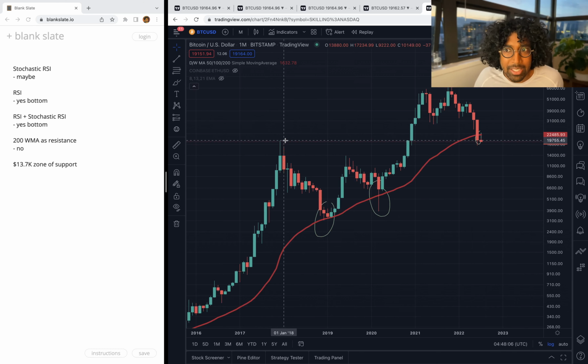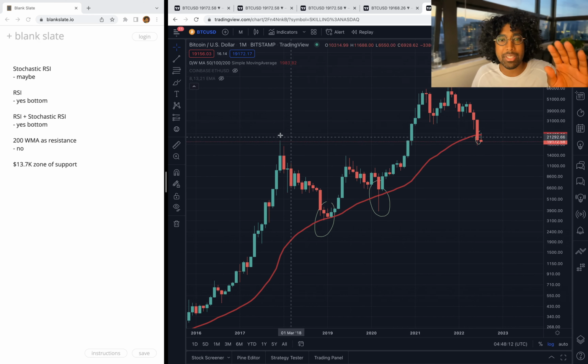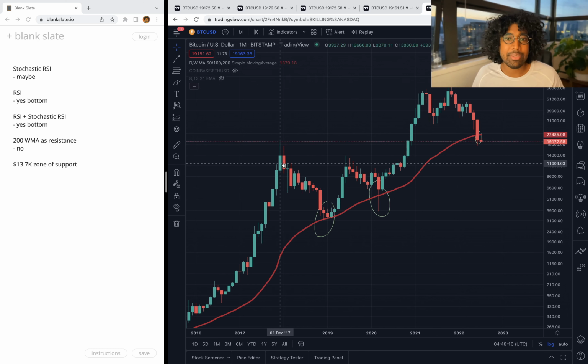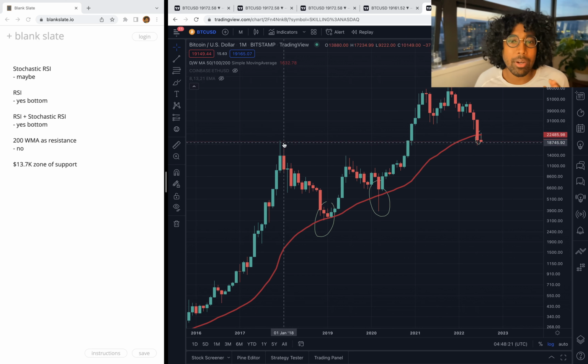Just below 19,755. These are corresponding almost exactly. And this is what I mean by this resistance and support thing. There's a psychological number here at the peak in 2017. It's the highest point since this last peak, and we're holding there right now. But if this fails, where do we go next?